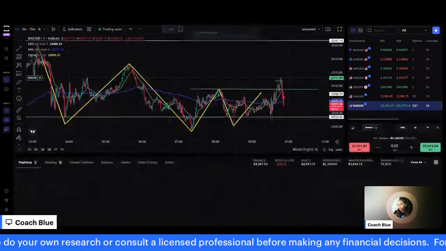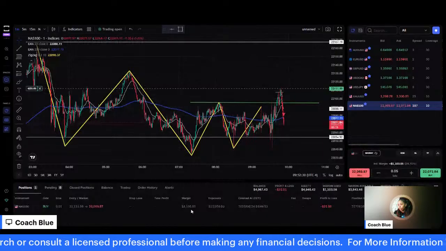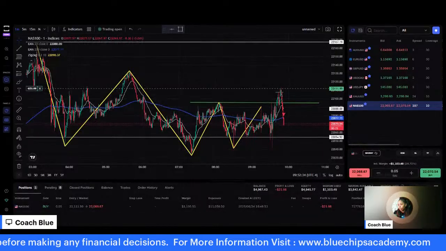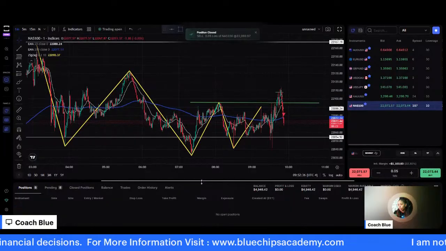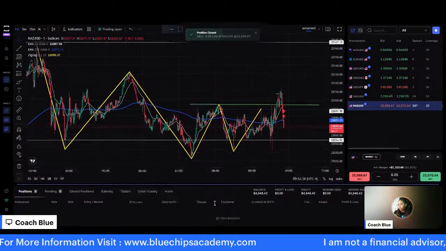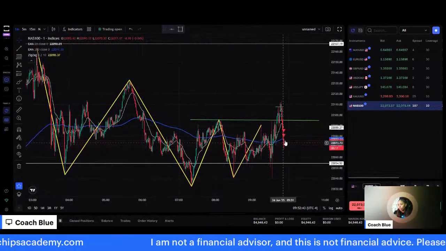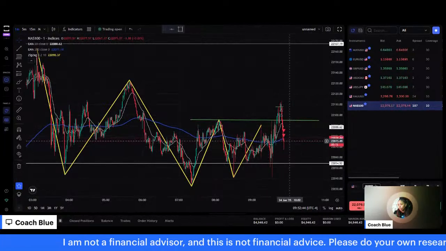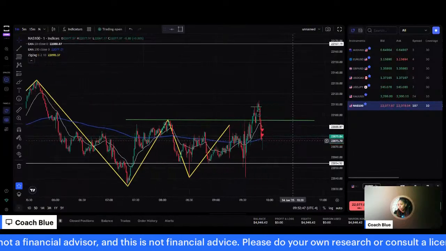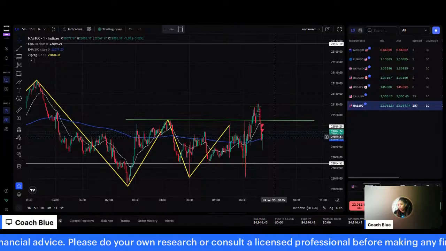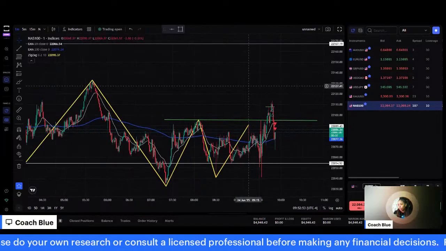Let me close that other position manually here. Also, keep in mind, guys, when you're putting in the two positions, you want to make sure that you have your stops. If you don't have a stop, make sure you get out manually from those positions. So let's just keep an eye out on this, because of what could possibly happen.